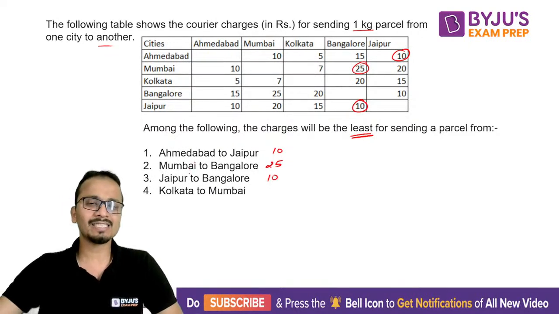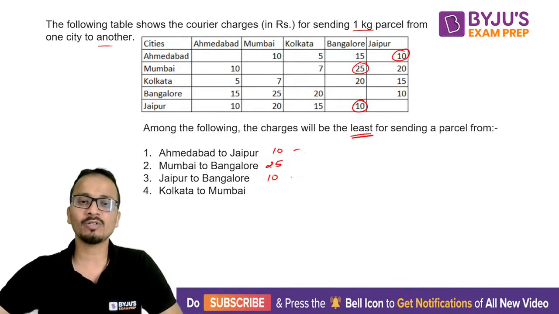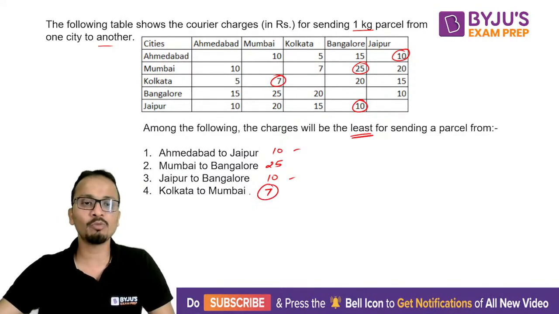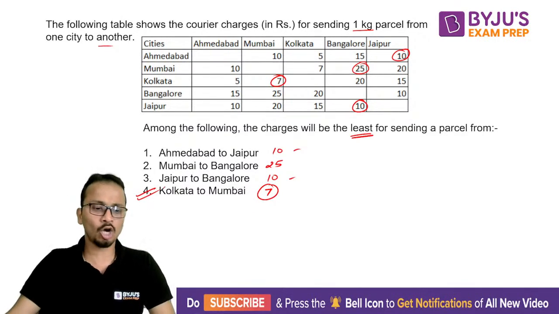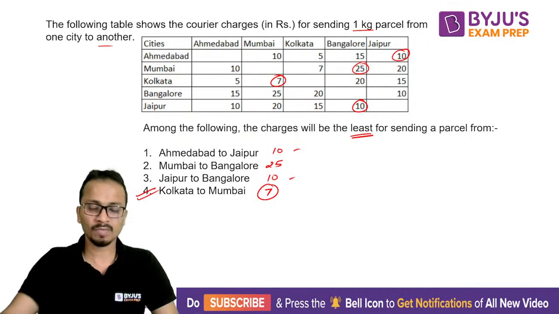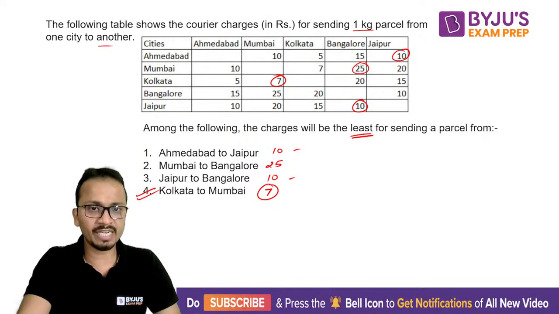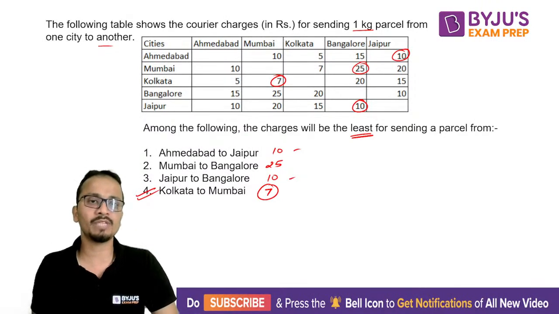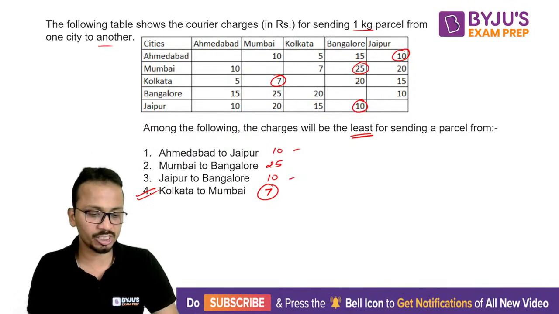Now, obviously, answer has to be the last one because right now the least are 2 values. Kolkata to Mumbai. So Kolkata to Mumbai, it is 7 rupees. So yes, answer is 7 rupees. That is Kolkata to Mumbai. And all of you are absolutely correct. So answer is option number 4. All right. Now, Ashish, you have given a different answer. I hope you are clear how to basically fetch the values from this table. I hope you are clear, Ashish.